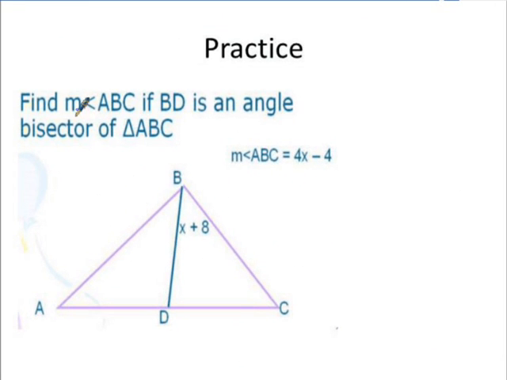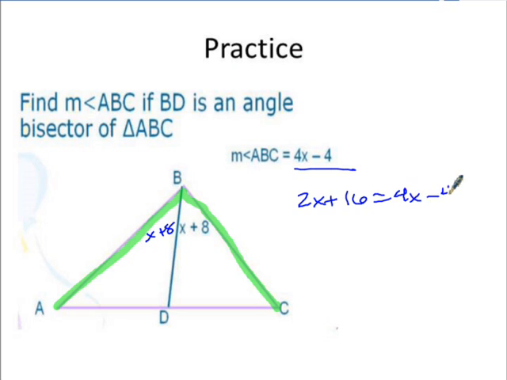So some practice. Find the measure of angle ABC. So ABC, that's the whole thing. Important to understand, we're looking for the whole thing, the whole enchilada. And now I want enchiladas. It's an angle bisector, so find x. If this is x plus 8, well, so is this. And ABC is that, so we know that 2x plus 16, which is just x plus 8 times 2, equals 4x minus 4. So x has to equal,